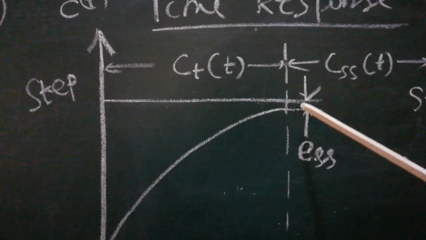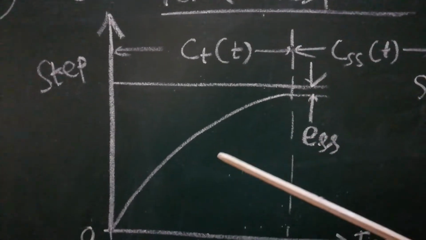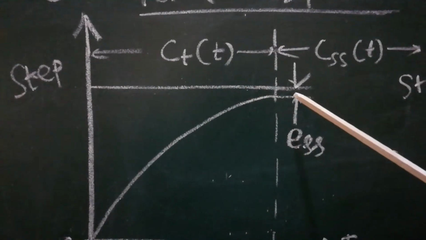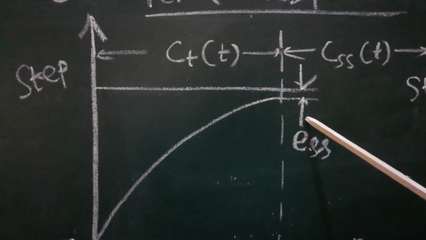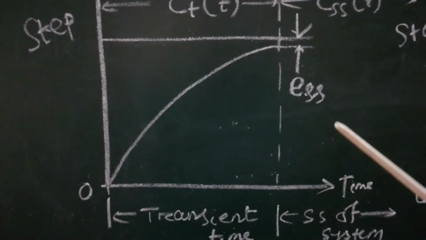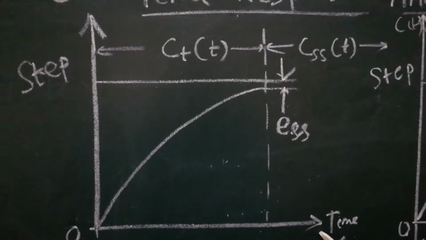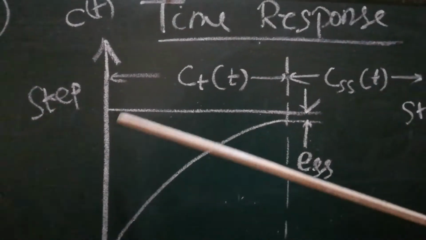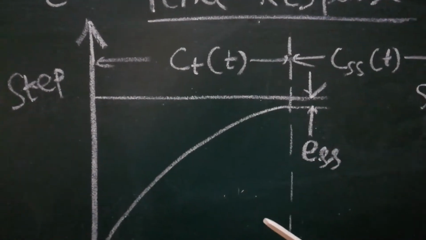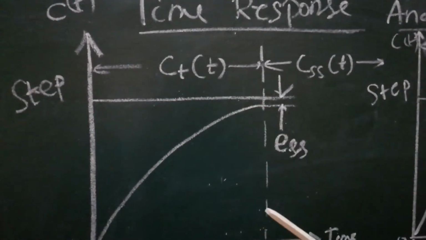Okay, and the difference between the step response, that is the standard one, and our exponential graph, the difference is known as the e_ss or steady state error. So here we can say that in the x-axis we are taking time and in the y-axis we are taking time response. So don't be confused, one is time, and one is time response.